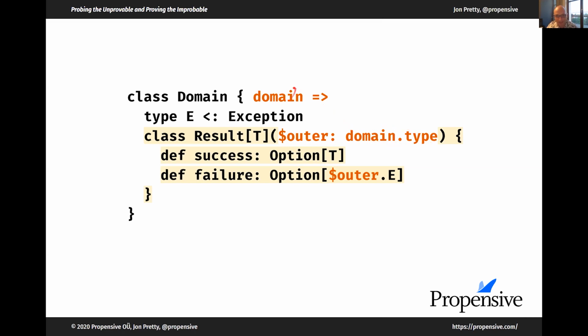So it has the same type as this.type would be if you're inside domain, but this.type inside here could be misunderstood to be referring to the result. So I want to make it very clear that this is the singleton type, the this type of the domain. And this was previously called ref. This is the same as it was before.